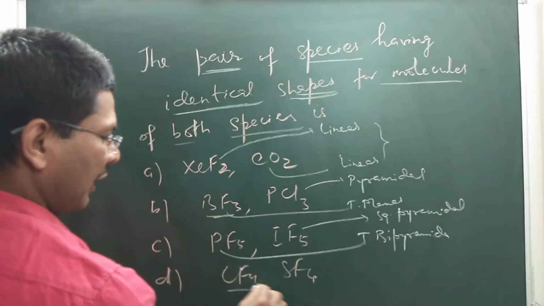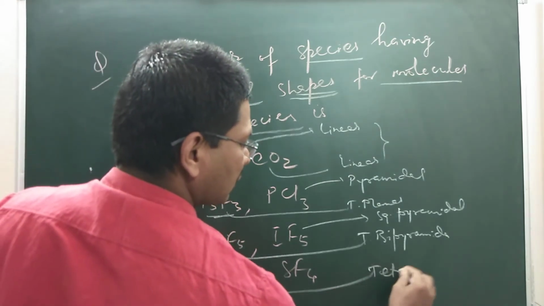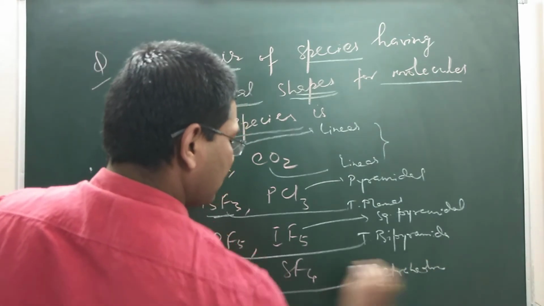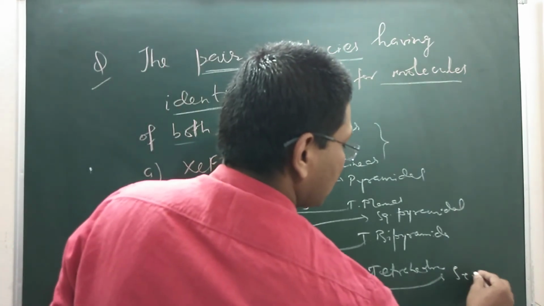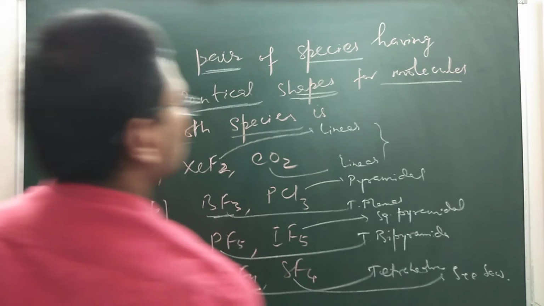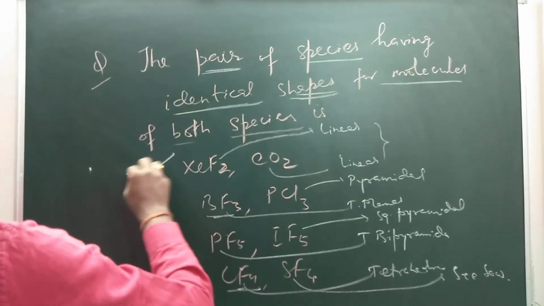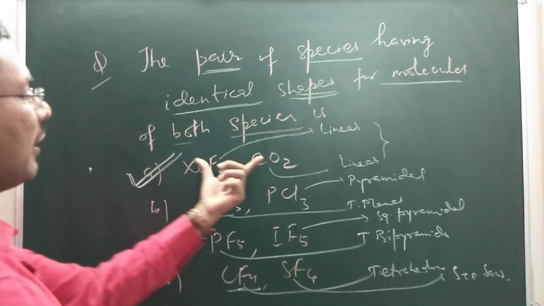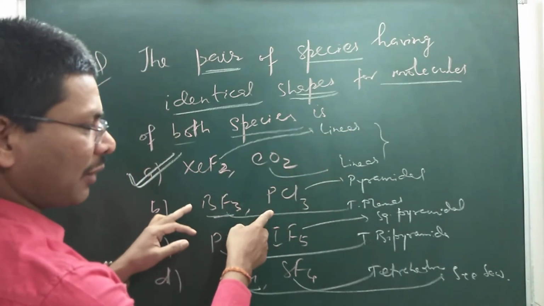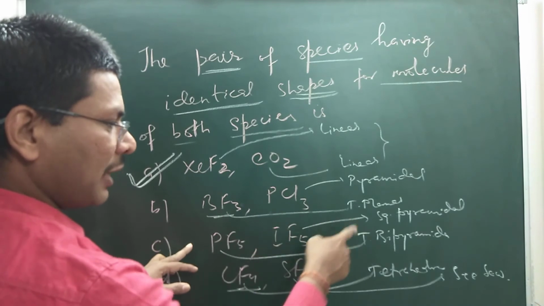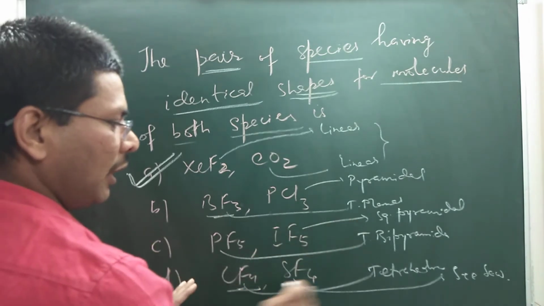And CF4 is tetrahedral, and SF4, as you know, is distorted tetrahedral, also called seesaw. So in the first case, the shapes of both species are identical, both are linear. In the second, pyramidal and trigonal planar cannot be the same; square pyramidal and trigonal bipyramidal not the same; tetrahedral and seesaw,